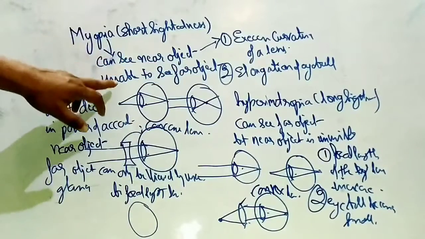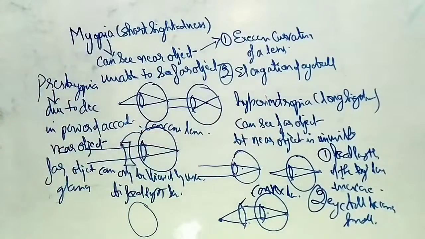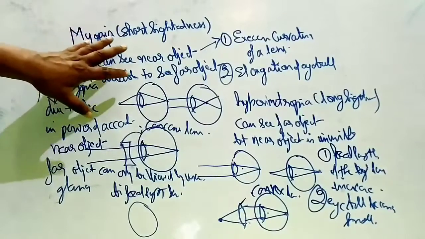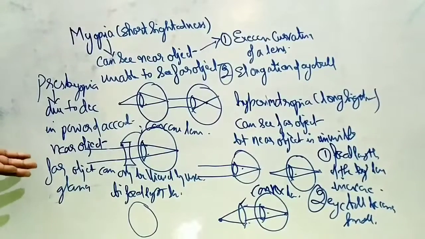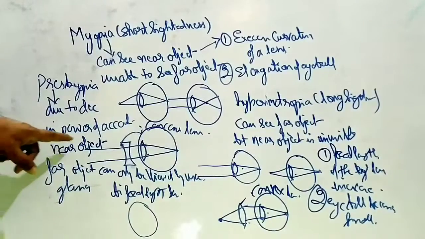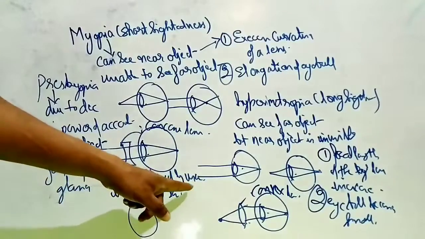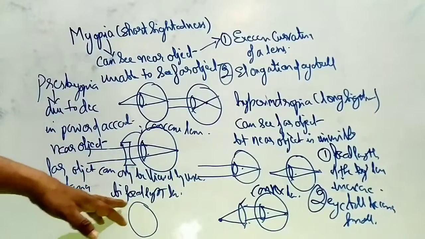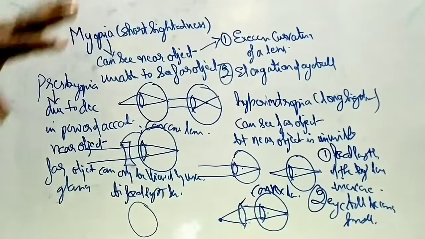In myopia, unable to see far object; hypermetropia, near object cannot be clearly seen. But these two defects can happen at any ages, but presbyopia is the only defect which only comes after a certain age, for the aged person only, where the muscles power get decreased. Is this clear? Where we are unable to see the near object, and even the far object can be viewed by using the glass, and the remedy for this is a bifocal length lens, that is, a lens which has both concave part as well as convex part. So these are the three defects.